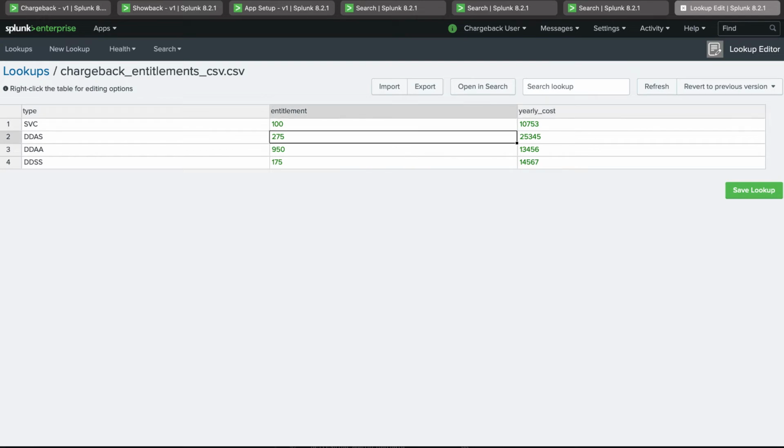The units for DDS, DDA, and DDSS are units of 500 gig blocks. So this is not 275 gig. This is 275 times 500 gig. So each unit equals 500 gig. Same thing for DDAA, same thing for DDSS. When you're done,